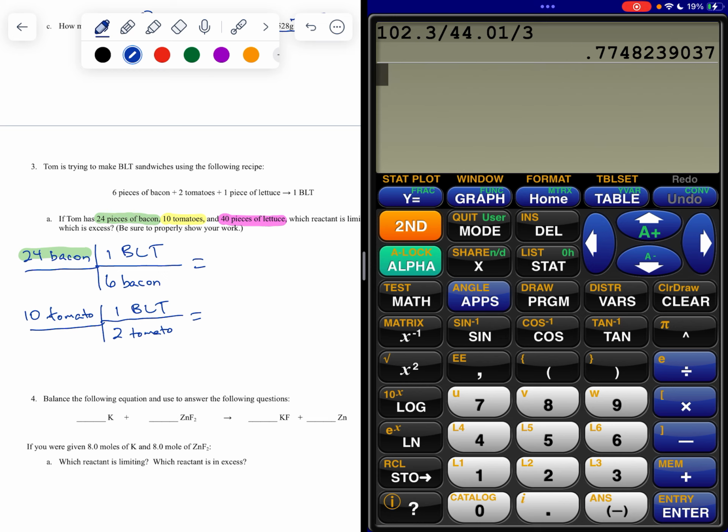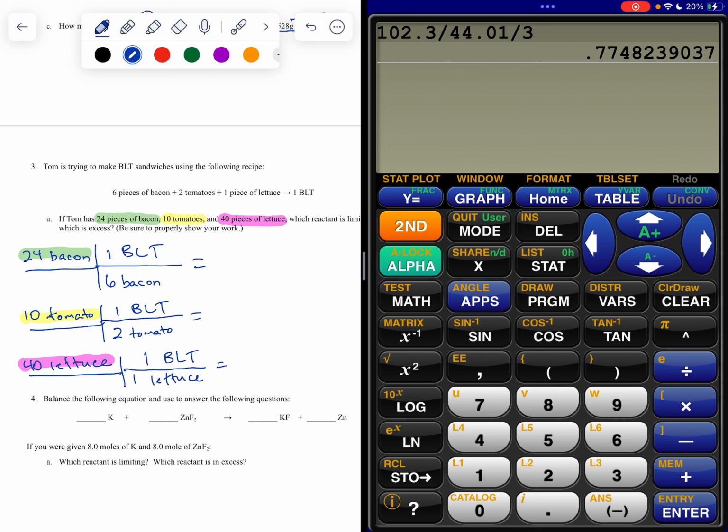And last but not least, I have 40 lettuce. All right, and now one of these is going to run out first. I know that there is 1 lettuce for every 1 BLT. So what we're doing is similar to the method that we did the last class we met, during the beginning of our review day,